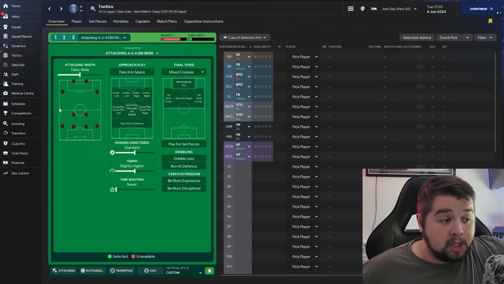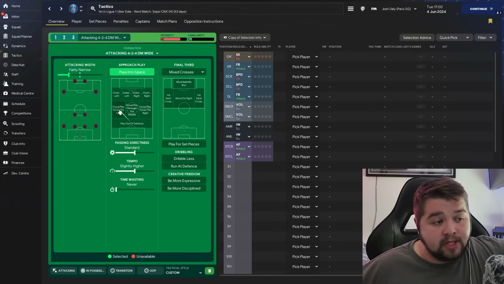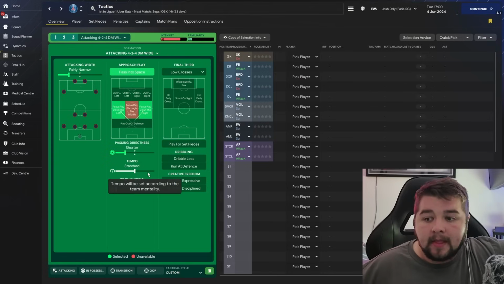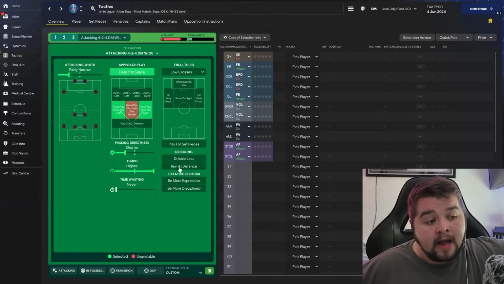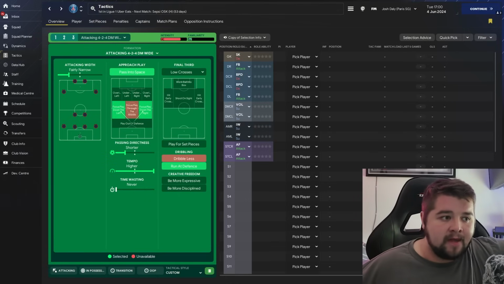Whereas for the team instructions, we are actually going to play with a fairly narrow attack and width style. We're going to pass into the space, focus down the left and the right hand side. In the final third, we are going to use low crosses. The passing goes down by 1, the tempo goes up by 1 to higher, and also run at defense. So once again, this tactic is going to be very much in your face, running at defense, higher tempo, focusing